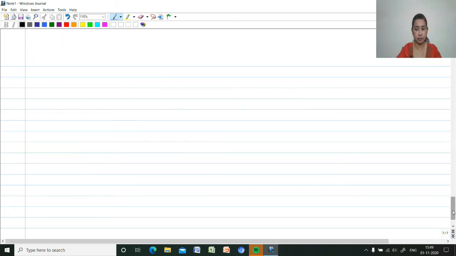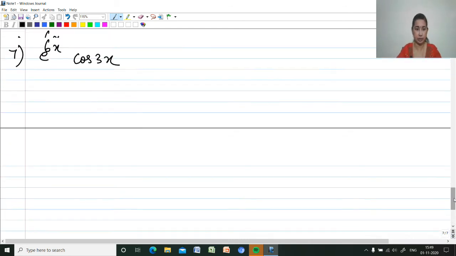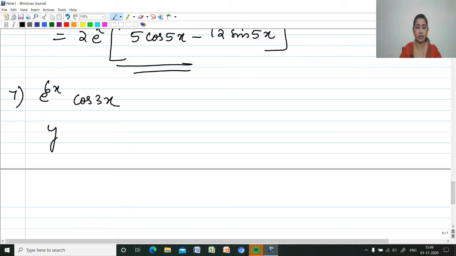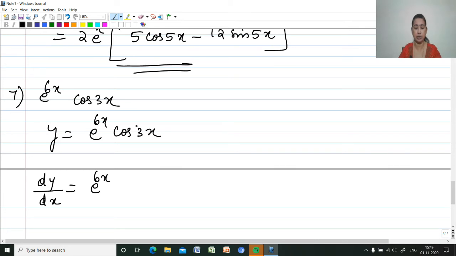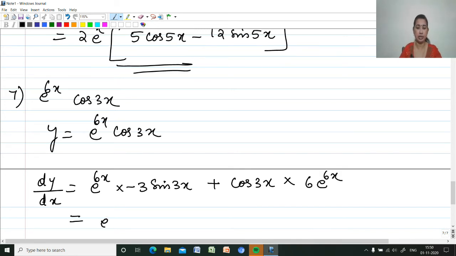So first we have to let y is equal to e raised to 6x into cos 3x. How to differentiate? First we have to find dy by dx, that is the first derivative. So first function e raised to 6x into derivative of the second, minus 3 sine 3x, then plus cos 3x into derivative of the first, 6 e raised to 6x. Common term is e raised to 6x,